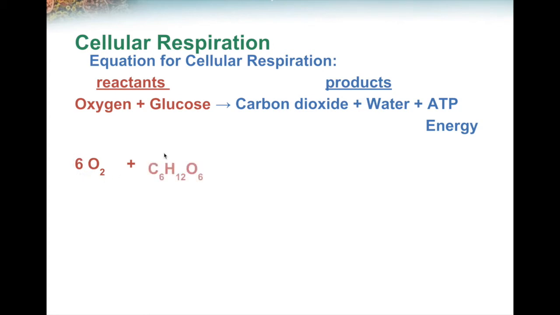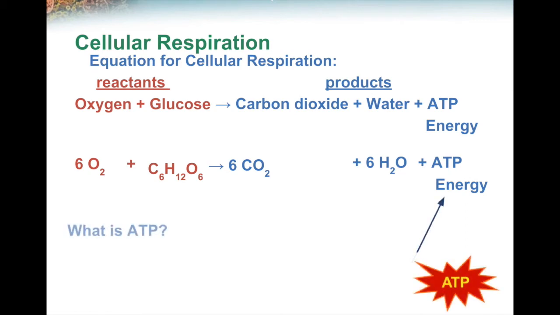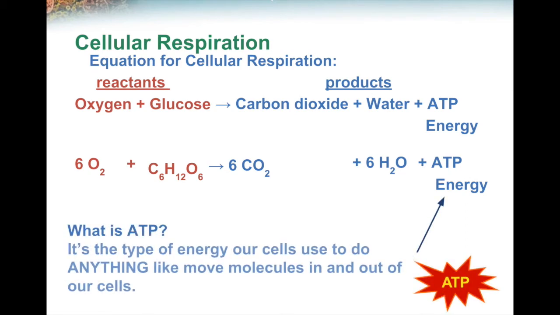We need our food, our glucose, so C6H12O6. Putting that together will lead to making carbon dioxide, CO2, but we need 6 carbon dioxide. We also will make water, H2O. We're going to make 6 water molecules, and then we're going to release ATP energy. What's ATP energy? Well, ATP energy is the type of energy that our cells use in order to do anything,